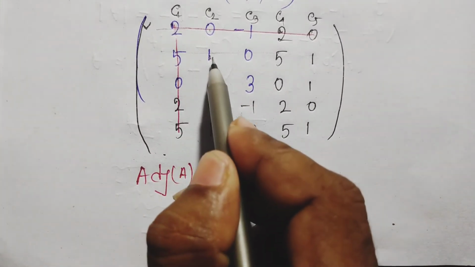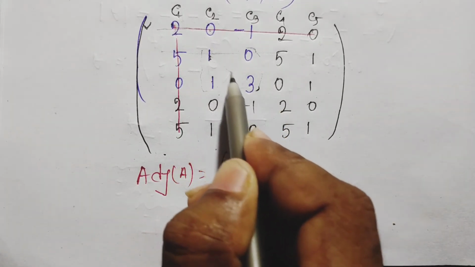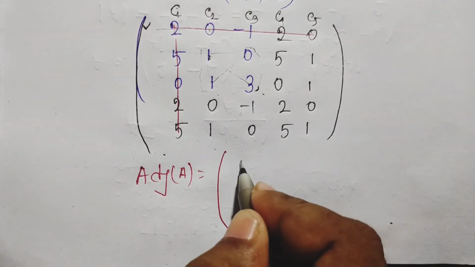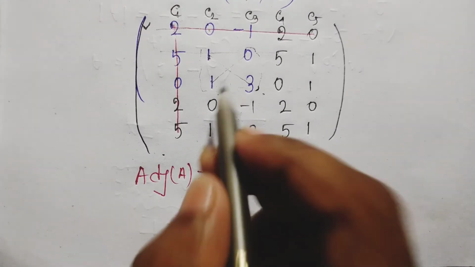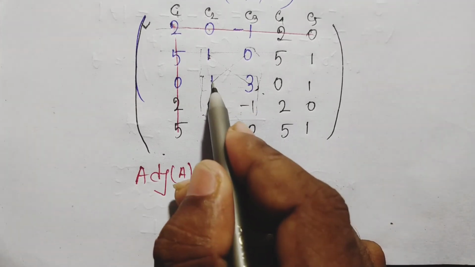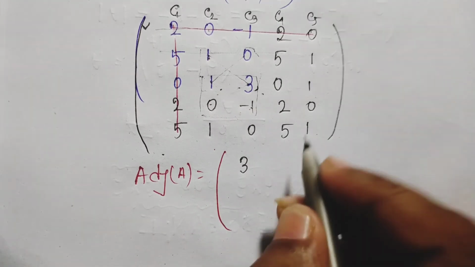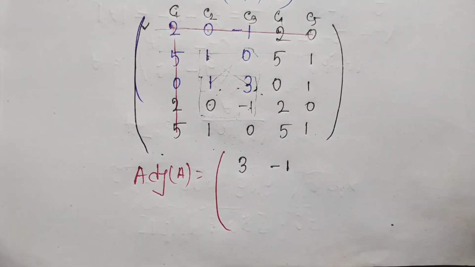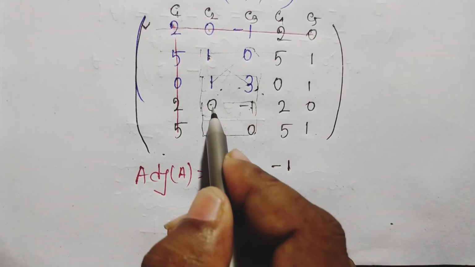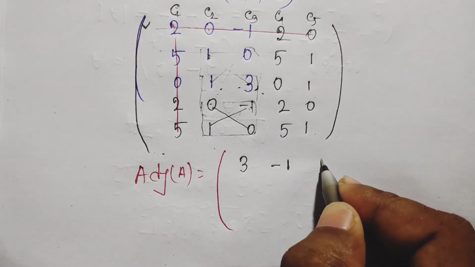So at first take these 4 elements. So this 3 1s are 3 minus 1 0 0. So write here only 3. Now again take these 4 elements. So here 1 into minus 1 is minus 1, 3 zeros are 0. So write here minus 1, but you have to write it here. Now again take these 4. So here 0 0 0 and minus of minus 1, that means positive 1. So write here positive 1.